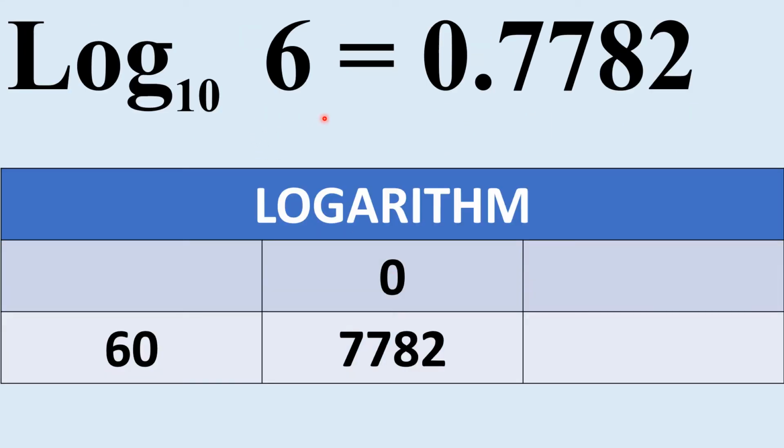The value of log 6 is 0.7782. On the left hand side of the decimal, we have one digit, it is 6. So from that one digit we have to subtract 1. So 1 minus 1 is equal to 0. The 0 is the characteristic. And to write the mantissa, in front of 60 under the column 0 in the logbook 7782 is there. That you have to write on the right hand side of the decimal. Thus the value of log 6 is 0.7782.